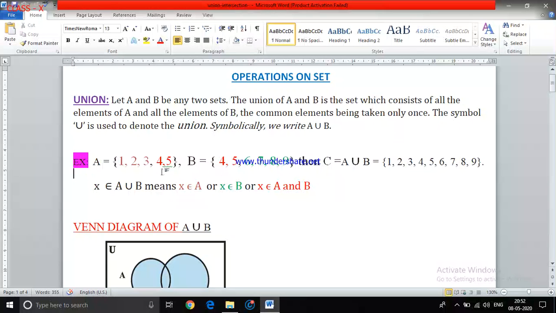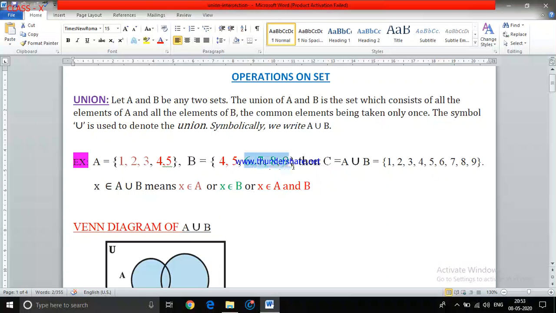Now see what the common elements of A and B are. The elements of A are 1, 2, 3, 4, 5, so in A union B also I have written the elements 1, 2, 3, 4, 5. And B has the elements 4, 5, 6, 7, 8, 9. If you observe, 4 and 5 are there in both the sets. I kept them in red color. Here I need not write 4 and 5 twice. As we discussed, the elements in a set come only once. They will not repeat. I cannot write 4, 5, 4, 5 twice. 4 and 5 are already taken from set A, and that is considered as 4 and 5 are also elements of B.